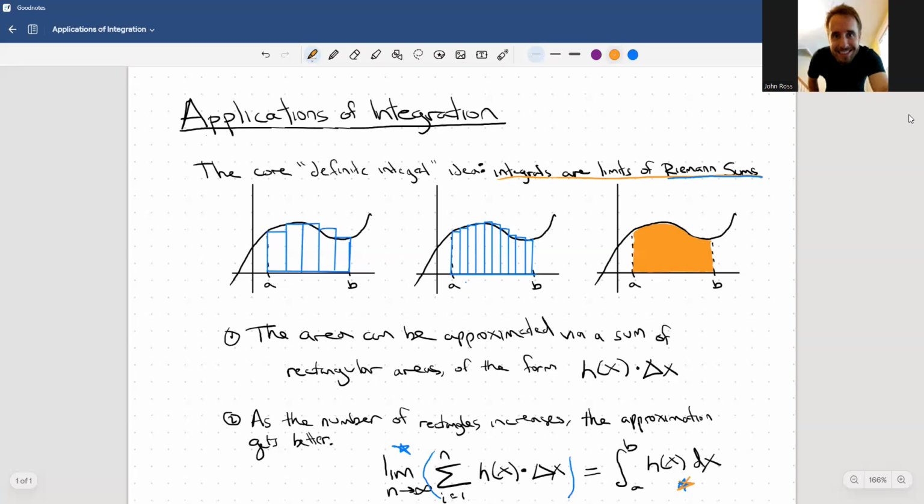This orange object over here on the right. Okay, great. So the core idea that I want to move to now is that we can begin thinking about this not just in terms of definite integrals for area under a curve, but in more general observations as well. Specifically, if we want to approximate not just any area, but some object, the object of interest,